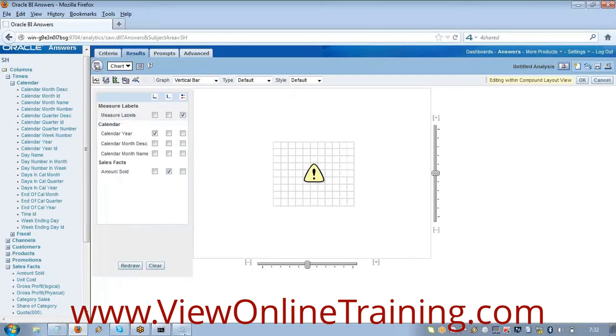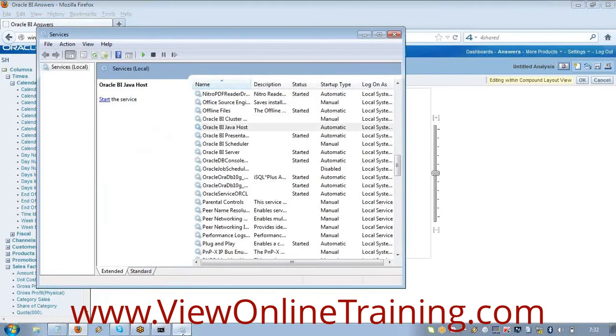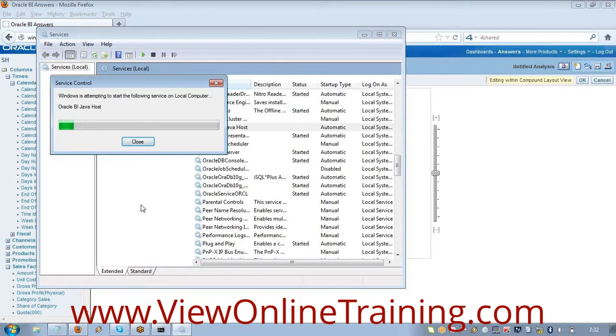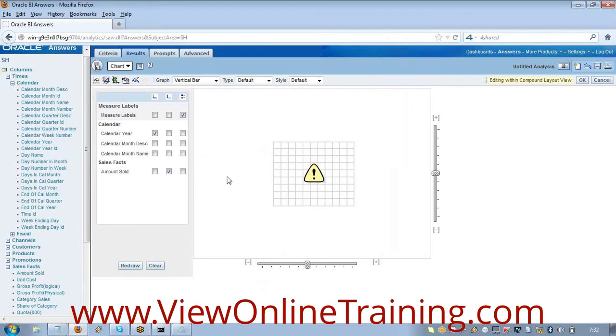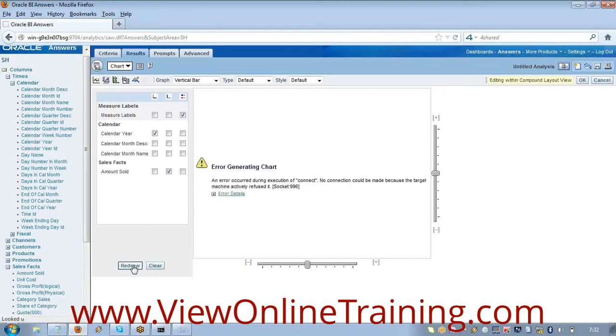But now I will start the Java host server. The Java server has started now, right? Now just click on this redraw button.